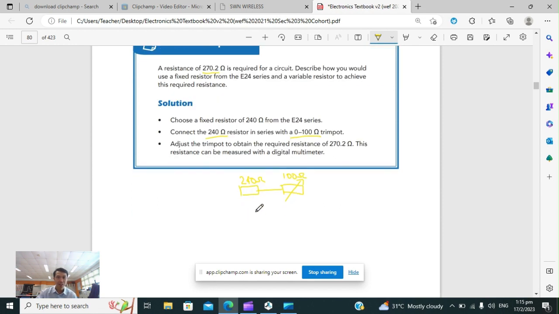I can tune it to give me a close enough resistance of 270.2 ohms. Okay, I don't put a 500 ohm trim pot and then try to adjust it nicely to 270, because I want a fixed resistor in series with the variable resistor. Okay,